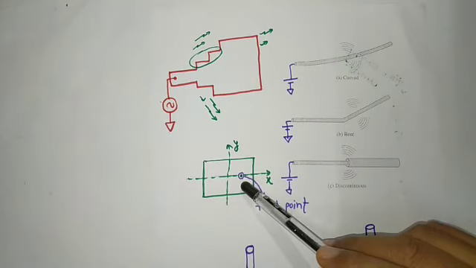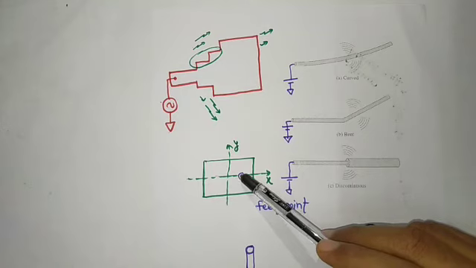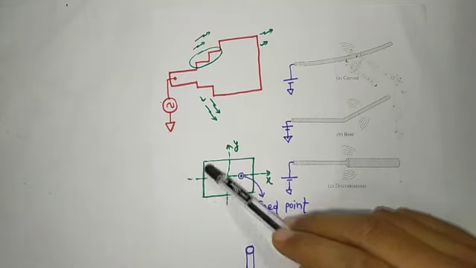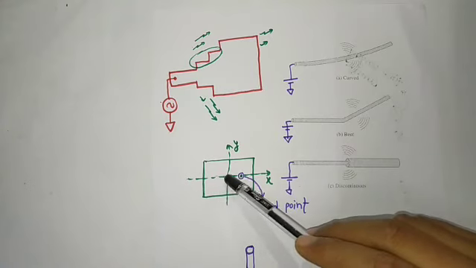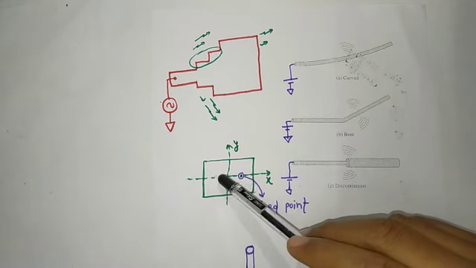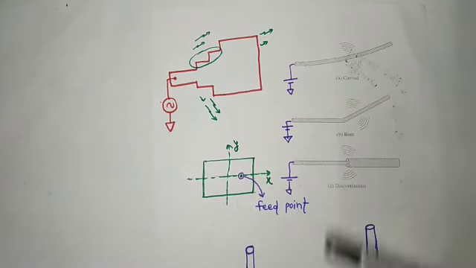This is an example of a microstrip antenna. In a microstrip antenna, whenever it is excited, the charged particles move like that. At the boundary, the charged particles cannot cross the boundary of the conductor, so these charged particles will reduce their velocity. So there is the phenomenon of acceleration or deceleration.